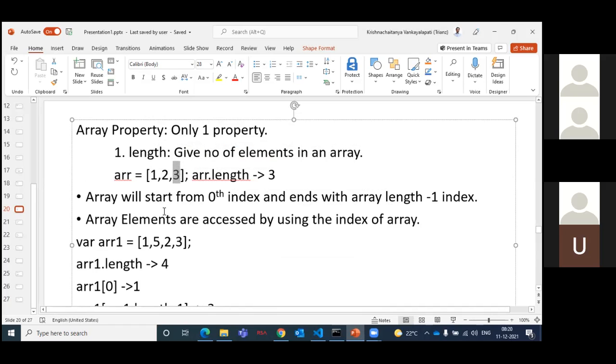What does it mean? You have a collection of 10 numbers in an array: 1, 2, 3, 4, 5, 6, up to 10. If I say array dot length, what will it be? If I have 10 numbers, array dot length, what is the output? n-1, sir? If I say the array string index, then length minus 1, that is correct. If I have the 10 numbers 1, 2, 3, 4, then what will be the length?